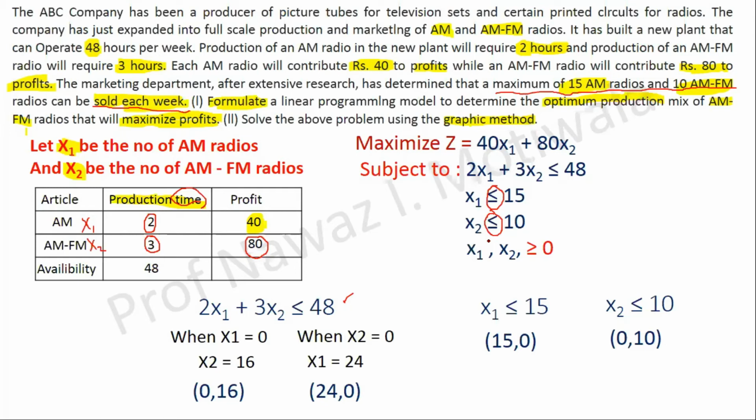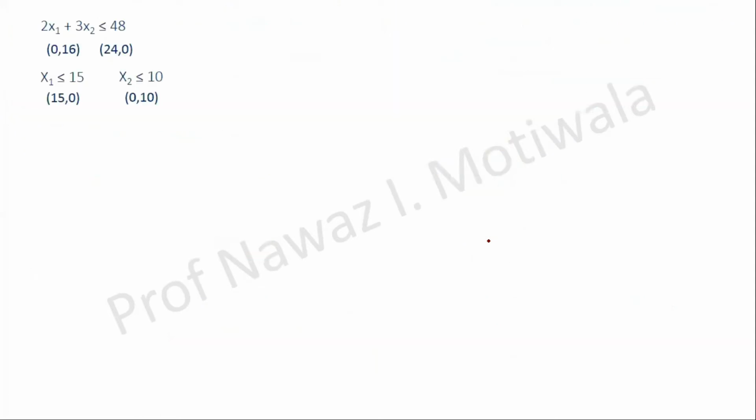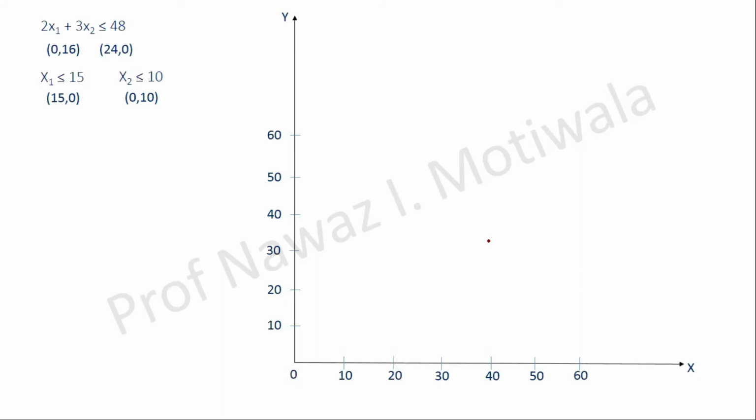So let us plot that in the graph. For reference I have also taken the points in this slide. I will plot it by taking a suitable scale on the x and y axis. The first points are (0, 16) and (24, 0). So I will plot those points. You can see 16 here and 24, 0 will be somewhere here. So I have marked it here. And I will make a line joining these 2 points and write that this line satisfies the equation 2x1 plus 3x2 less than 48.